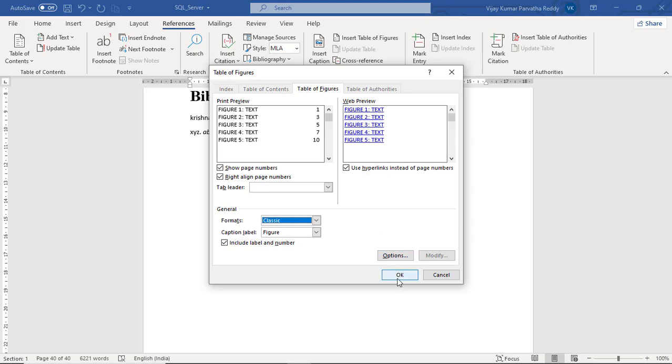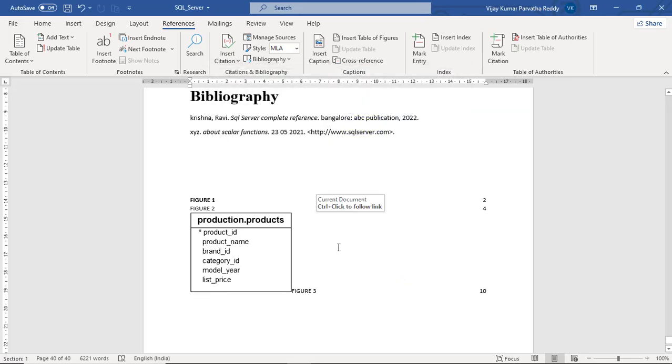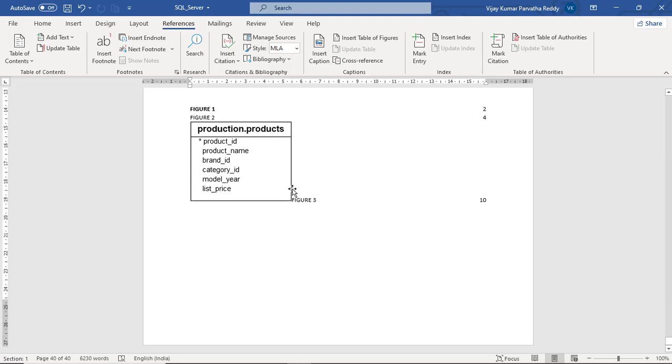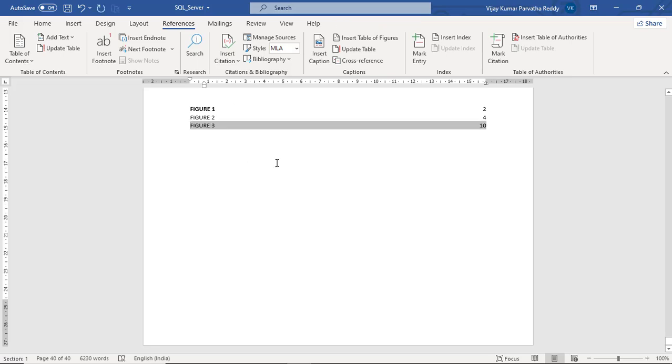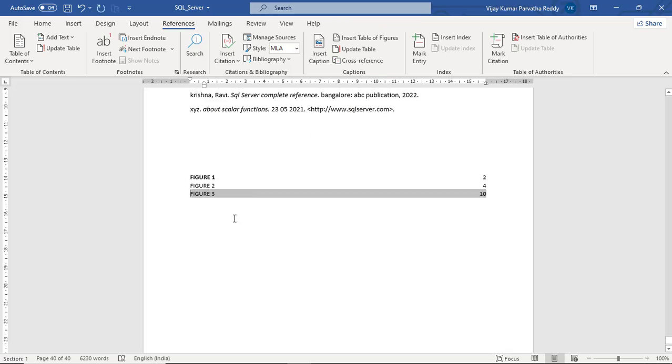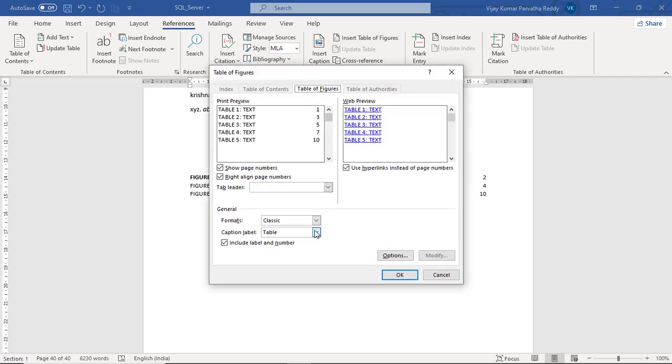Finally, you can click OK. Of course, this one is included with the table of figures. And if you want to insert a table of, this time I want tables,